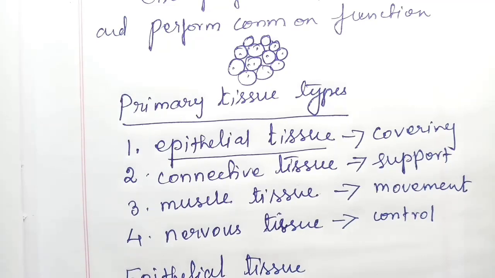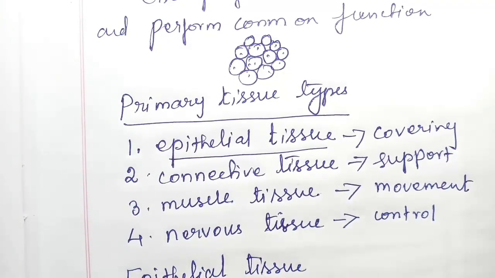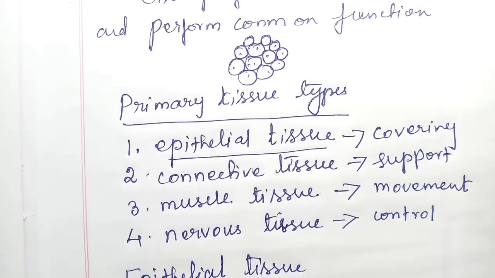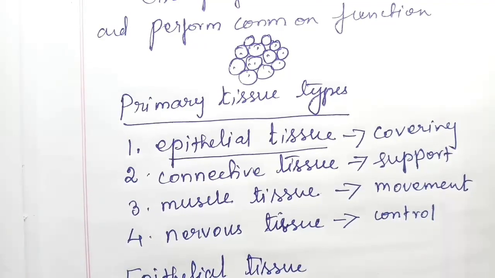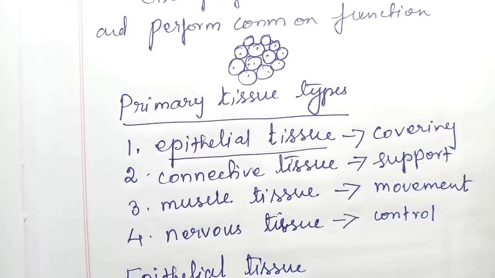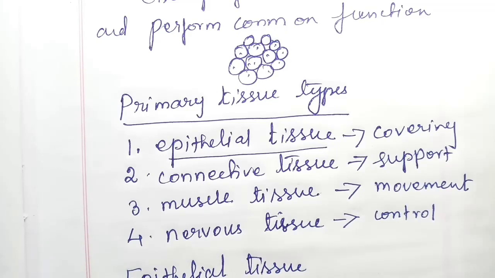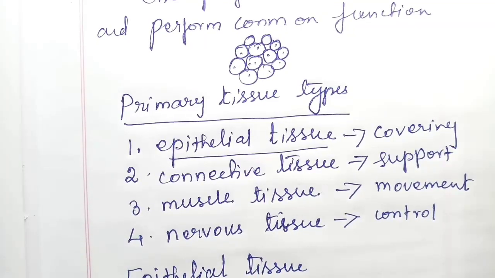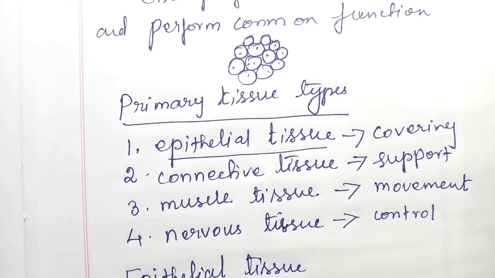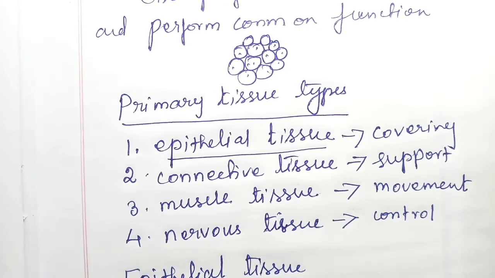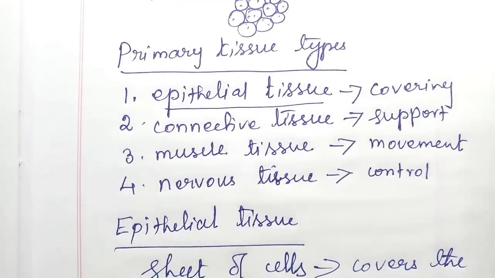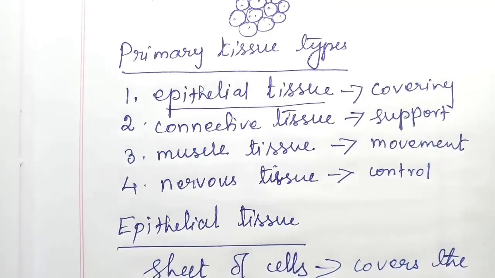These are the sheet of cells that covers the body or lines the body cavity. So, a sheet of cells that covers the body or lines the body cavity is called epithelial tissue. The common functions of the epithelial tissues are